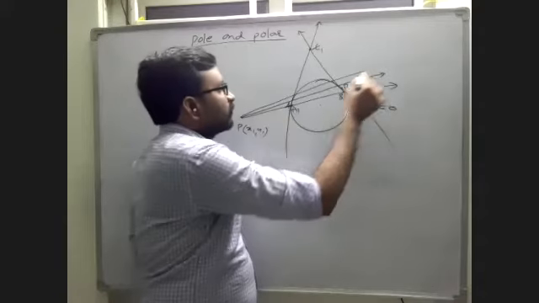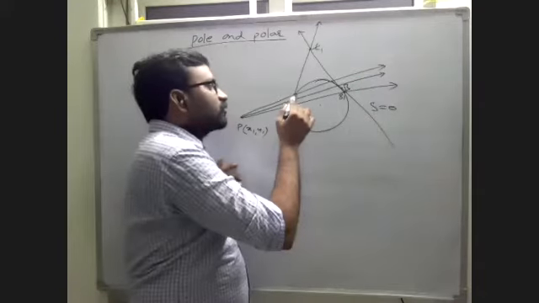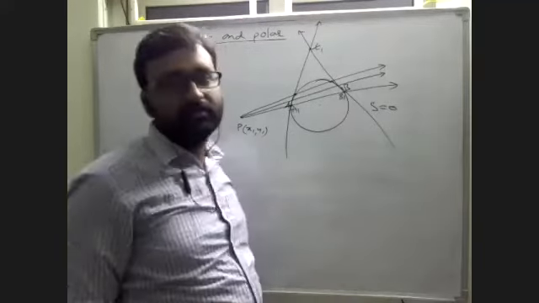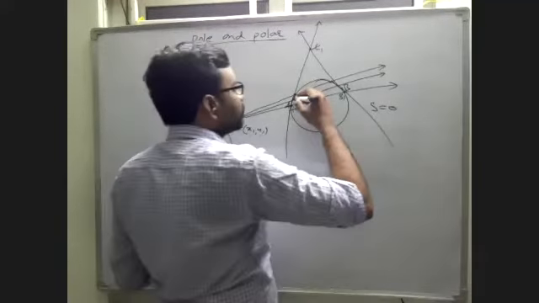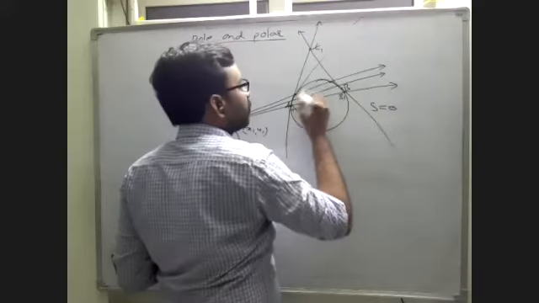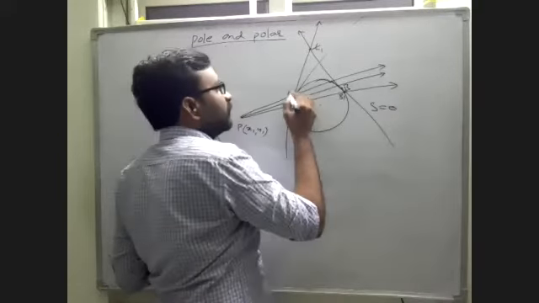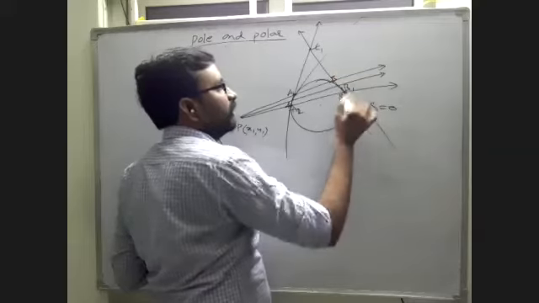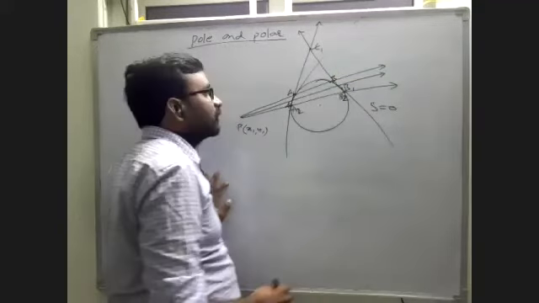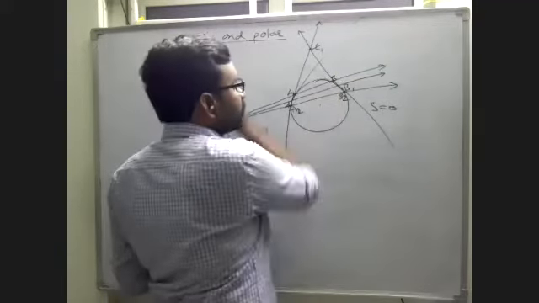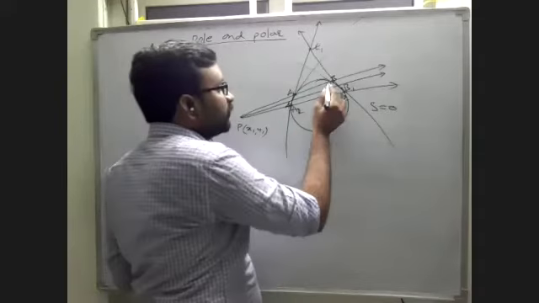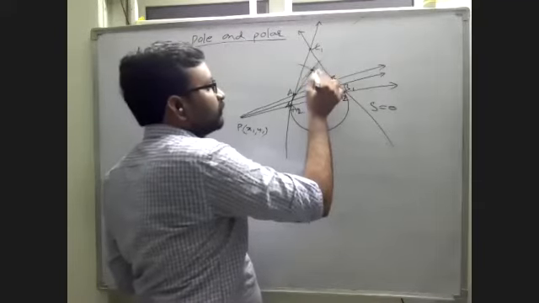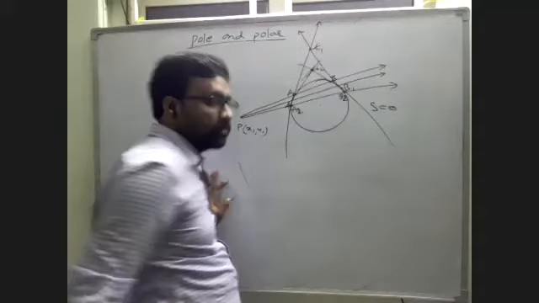Again I am drawing one more secant. There exist two more points. At these two points also we can draw tangents. I am drawing a tangent. This is one tangent at this point, say A, A1, A2, B, B1, B2. Now at this point I am drawing one more tangent like this. These two intersect at this point, say T2.